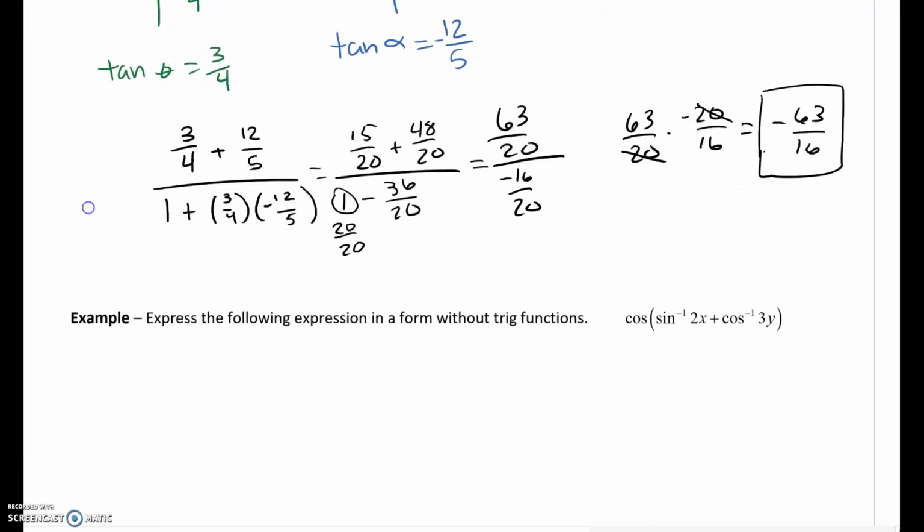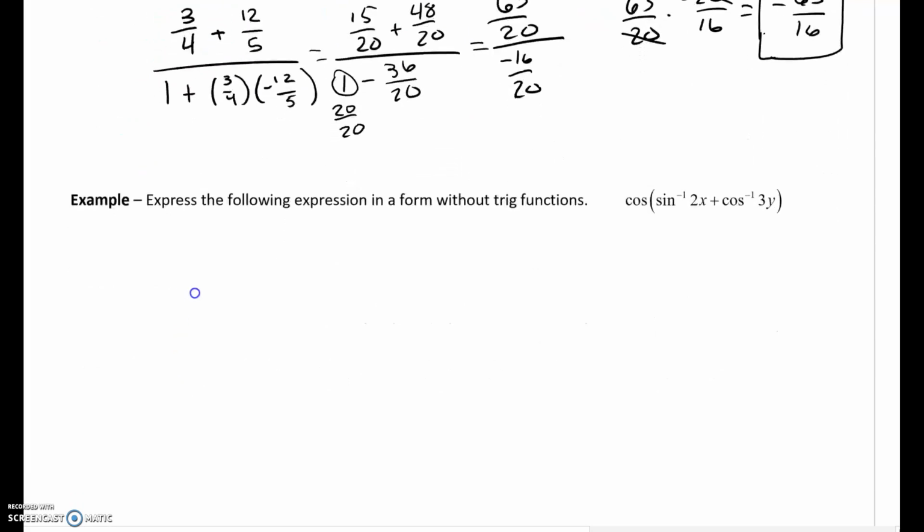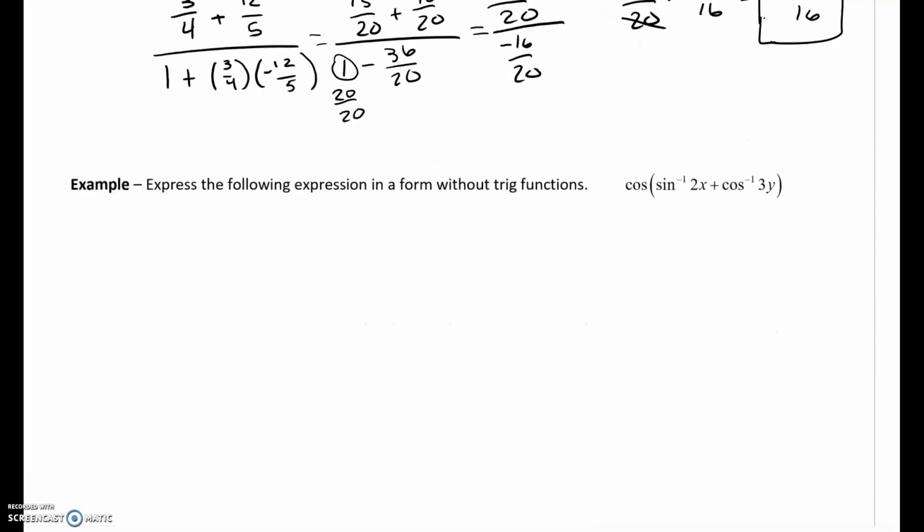Okay, so we have another example, kind of like that, but this one has the x's and the y's in there. This is the inverse sine of something, which just gives you an angle, and then the inverse cosine of something else, which also just gives you an angle. So we're doing cosine of theta plus alpha, which is cosine theta